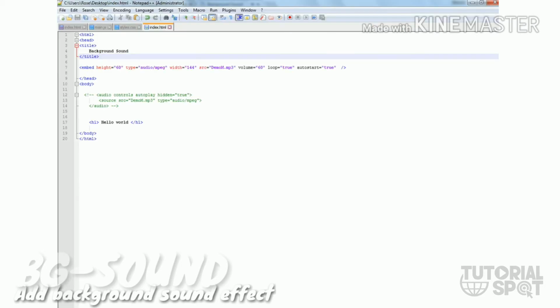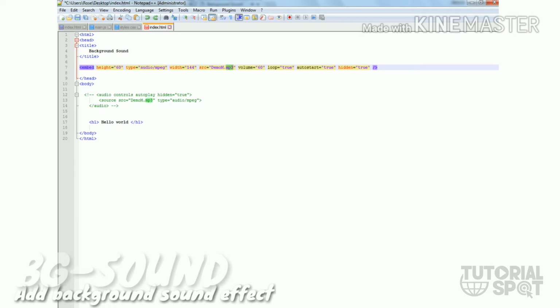Okay, so this is the controller. I'll just press Control Z, and there is autostart, which means that the sound will autoplay when the page loads completely. Okay, this is the source.